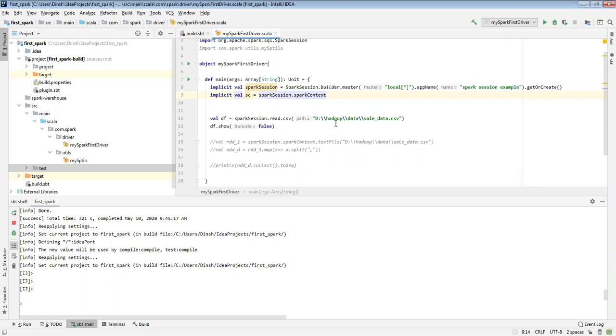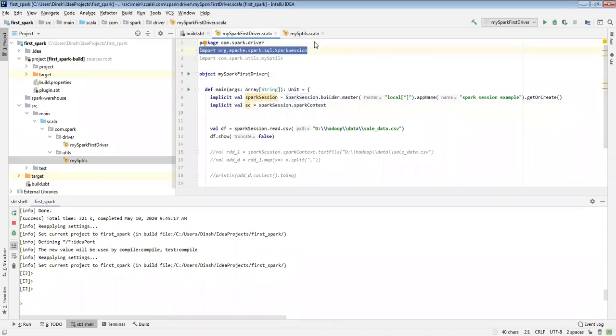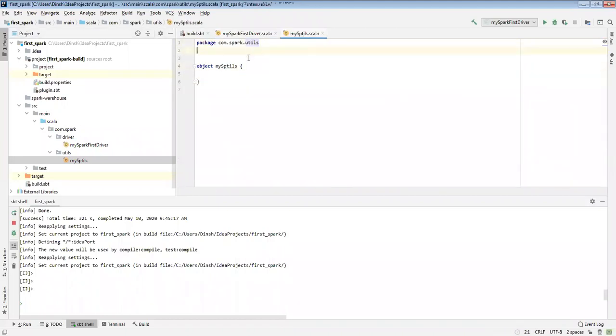Okay, so I'll tell you. First, I'll go to here and I need to input the same Spark session here also. Okay, now I'm going to create a method. So my method will be a common method to create a data frame from CSV. So now I'm going to create a DAF,